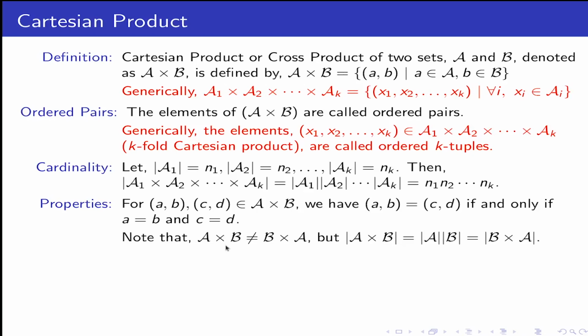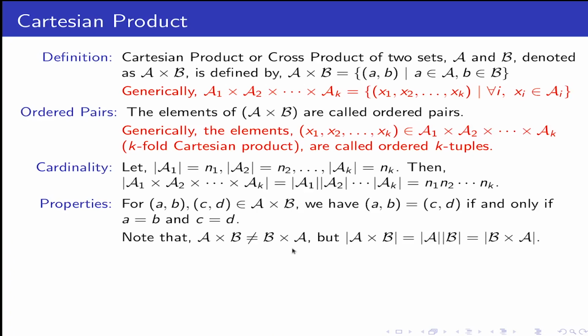As I have already mentioned, A cross B is not equal to B cross A, because the ordering matters. To be equal, every position of the tuple should match with every other position, whereas A cross B is an element from A comma an element from B, and B cross A is an element from B followed by an element of A. Let's say all elements of A and B are distinct and different, then you can obviously find that these two could not be equal, because all the elements will not be the same. Even if one element differs, I say that these two sets are not equal.